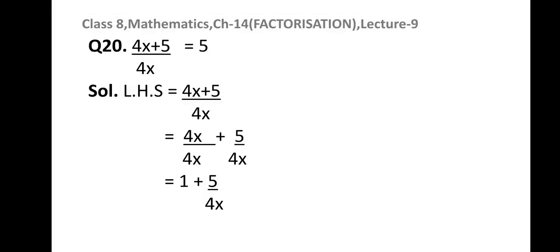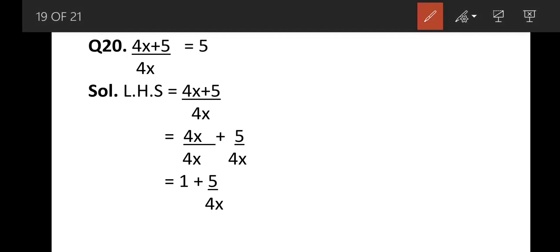Now question number 20 is, there is a difference between question number 20 and question number 19. In the previous question, that is question number 18, we have the expression as a divisor. Now in this question number 20, we need to divide this 4x plus 5 by a monomial, that is 4x. So we need to divide every term of the expression, that is 4x plus 5, by 4x. That is why we can break it now. Both these terms are to be divided by 4x. So we have done like this.